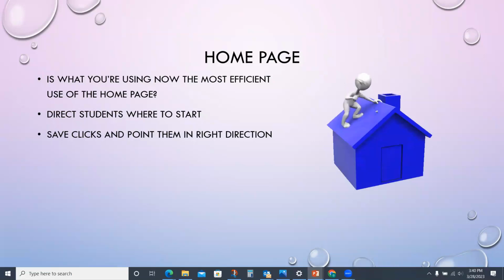But my recommendation for the homepage is just make sure that it is an efficient use of the homepage. So make sure that it has information on where students should start if it doesn't take them directly to the modules. You can always put links to other places in the course on the course homepage. You could create buttons and have students click on that to get to the modules instead.